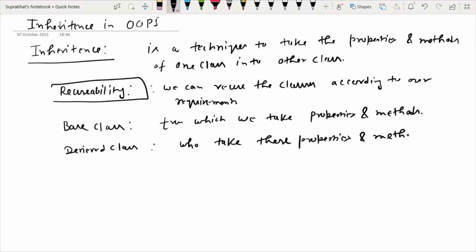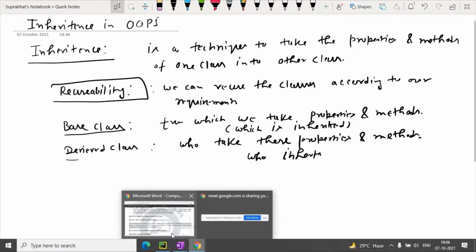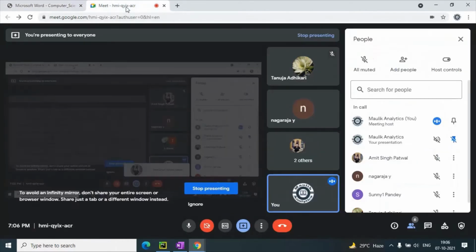So here are two terms: the base class, which is inherited, and the derived class, which inherits. This is the basic terminology that you have to understand in this inheritance mechanism.